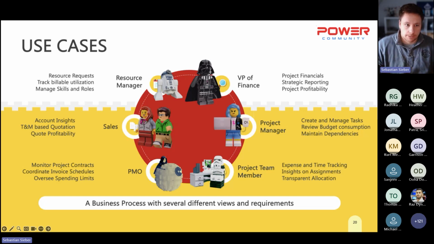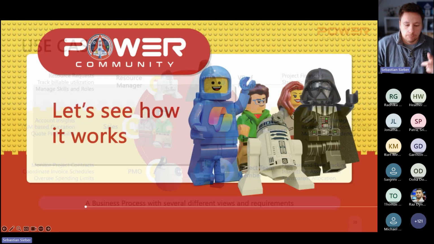Because we have so many aspects, we maybe don't have a sales process there. We maybe don't have a VP of finance who wants to see any reports. Fine. Maybe we don't have resource management because everything is handled by the project managers directly. It's also fine. We can all do that. But we need first to understand the whole scope to then narrow it down to whatever the customer needs. And how this looks, we will see in the demo,